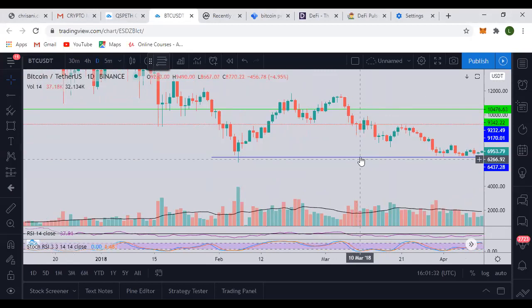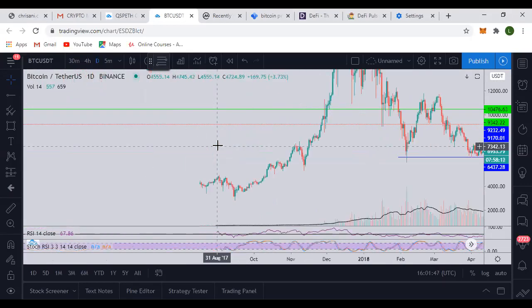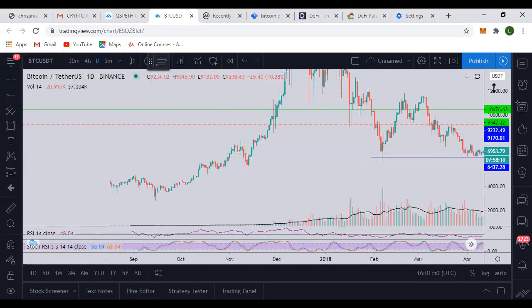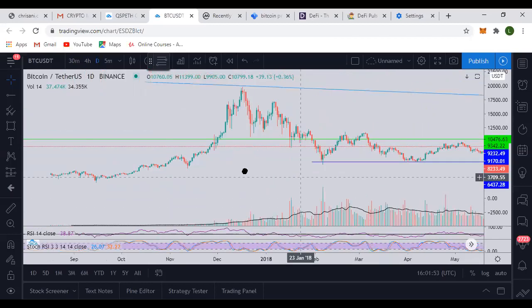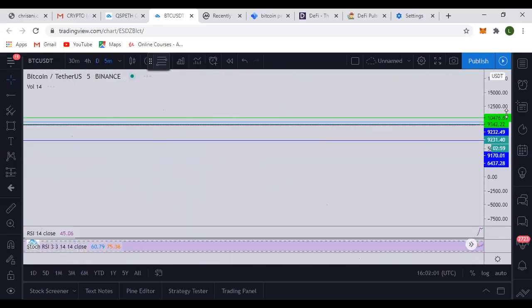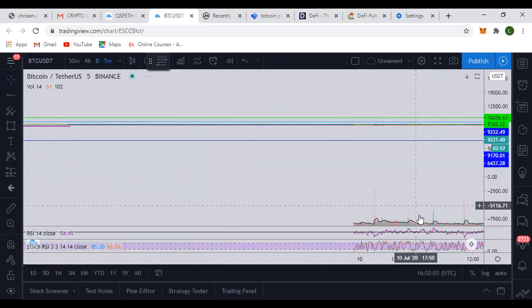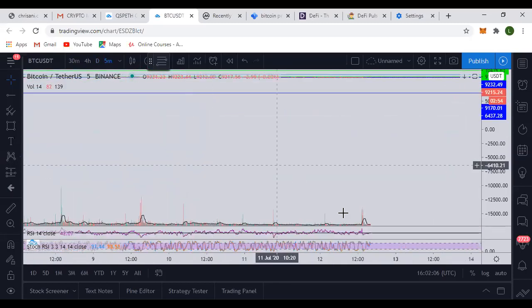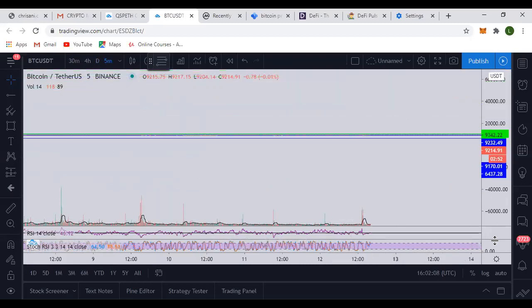Another thing is this: please don't trade on the 5-minute time frame. I use 5 minutes just to show us the support levels and the rest of them. Why do I say don't trade the 5-minute time frame? It's because what you're seeing as support on your 5-minute time frame might be resistance in the long run. See what I'm talking about?